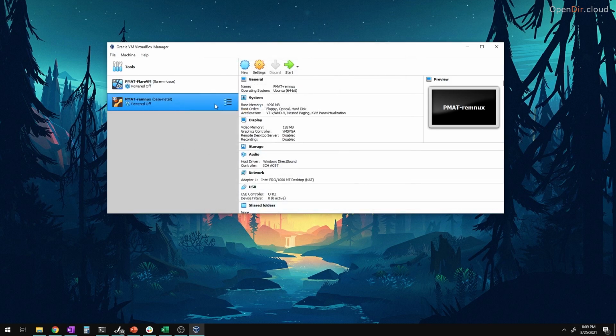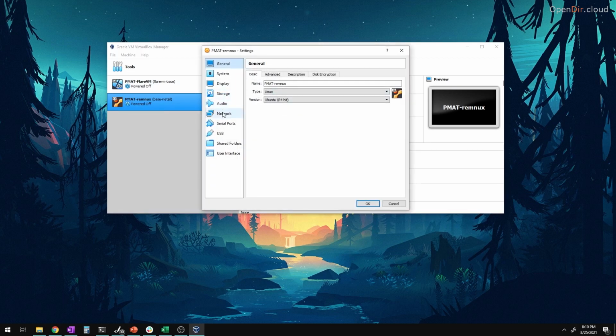And we do the exact same thing for Remnux. We go down here, we are in the details section here, and we go to settings, and we'll go down to network. Same thing, we're natted over here. We do not want that. We go to host only adapter, and it may default to number 2 here, but if it doesn't, just drop it down and select number 2. And check